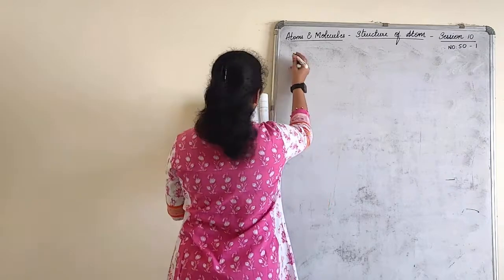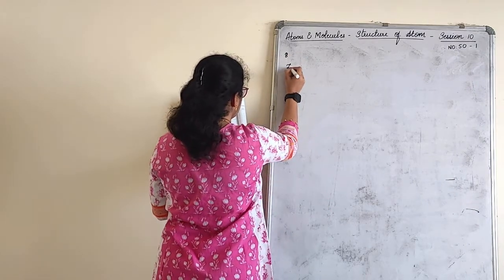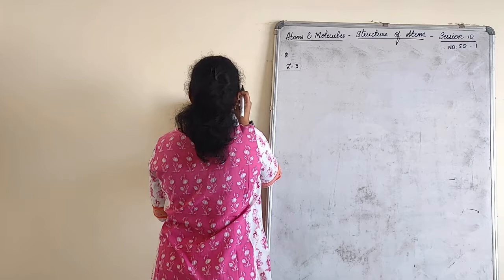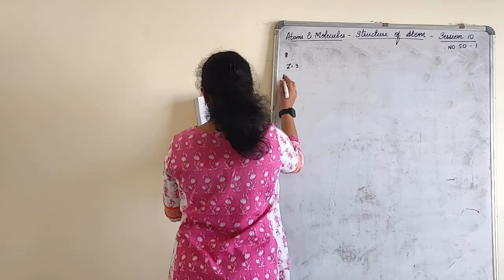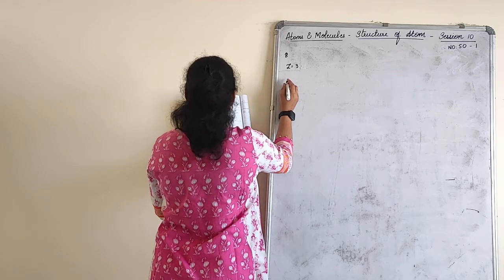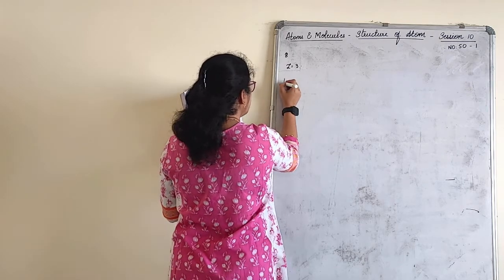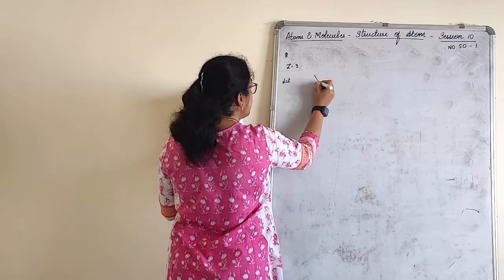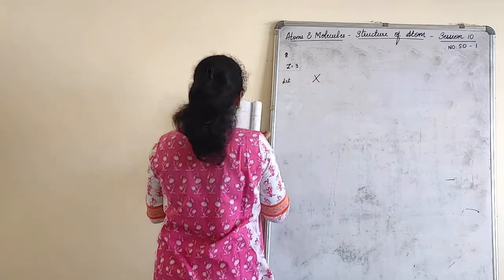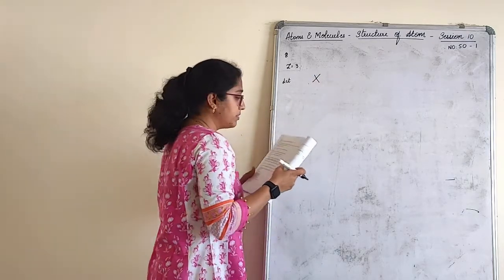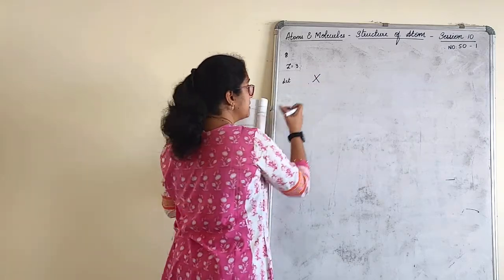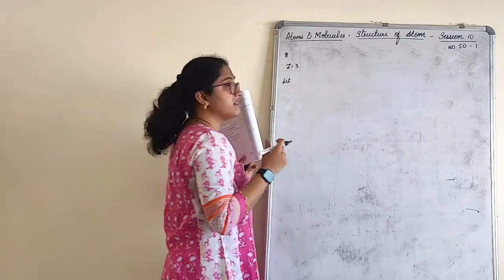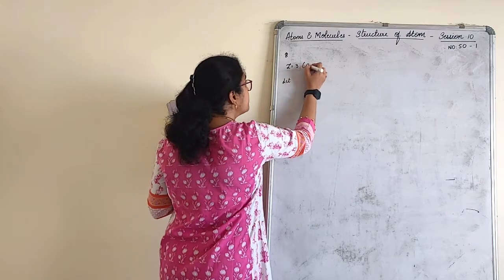If Z is equal to 3, what would be the valency of the element? Also name the element. Z is equal to 3, that means actually how do we write, children? We write element X as, like we had written, atomic number here, then mass number here. So Z is always in terms of atomic number.